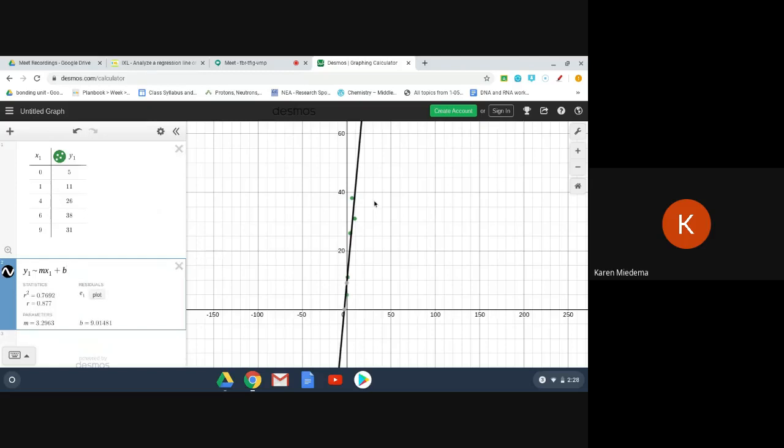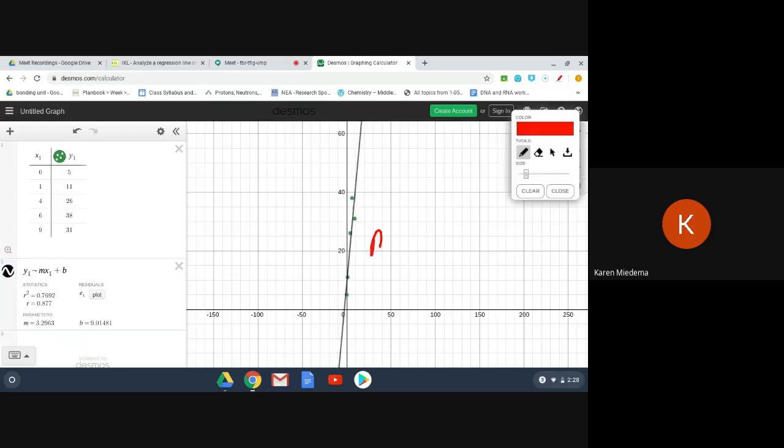So once again, Desmos automatically graphs the line of best fit, and they give me the slope, also known as the rate, as well as the y-intercept, also known as the starting value. So I'm going to go ahead and make those values bigger so that way we could see them. So for M, we have 3 point, and again, I'm getting this from right here. So M is